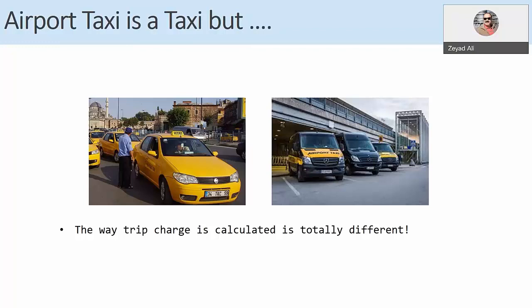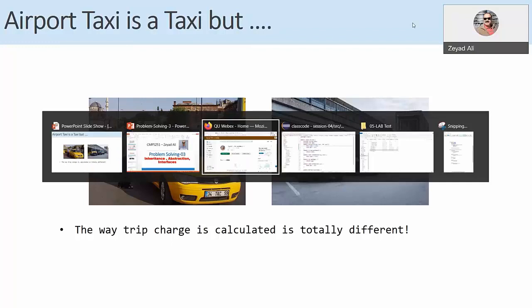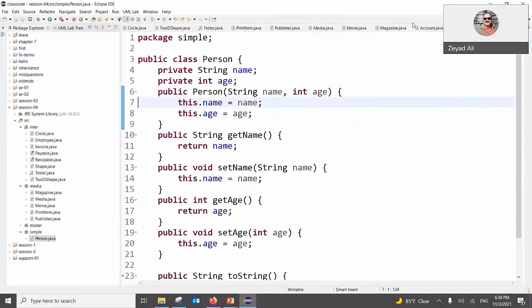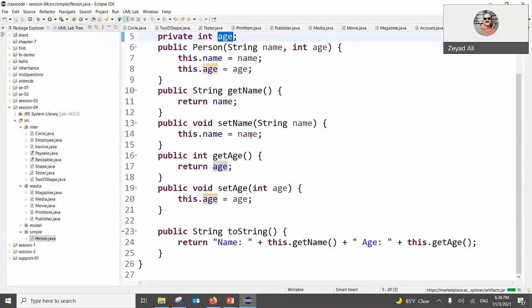We will start with a simple example, which is a person. Here you see a person class, a very simple class, only name and age. And we have a constructor that takes name and age, set and get name and age, and return a string. That's it. This is our person.